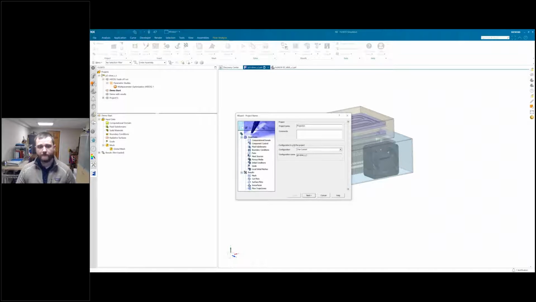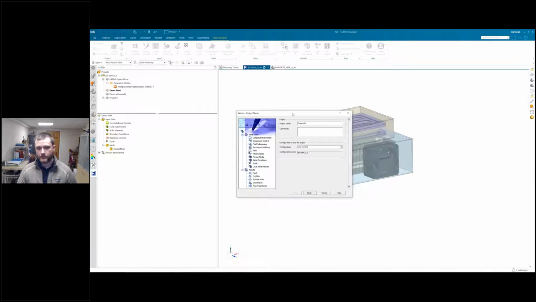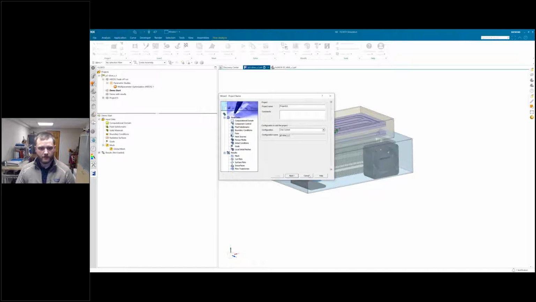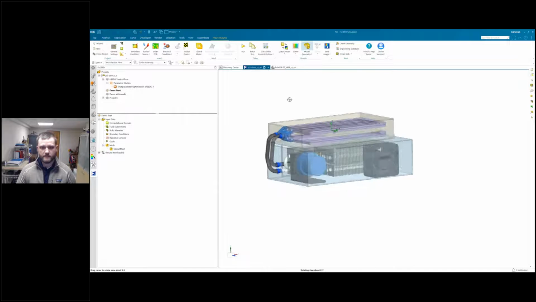And in here, I would define my project name, certain configurations maybe for the assembly. But in here, I would also define things like what the type of fluid would be for default, type of solid materials, what type of physics I would be using, radiation, conduction, fluid flow, all the possible physics options, as well as my initial conditions for the analysis. And the last thing I would define would be a default surface roughness for surfaces where flow is going. But today we'll actually be looking at just using a simple template to create our analysis.